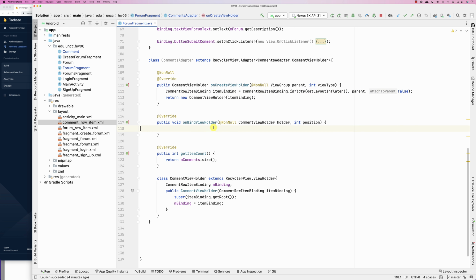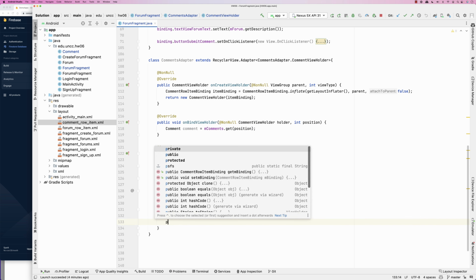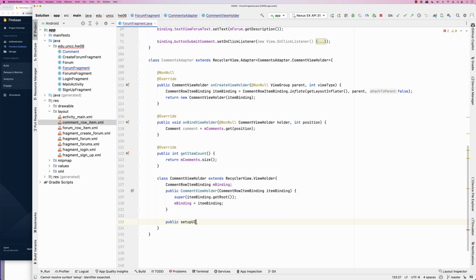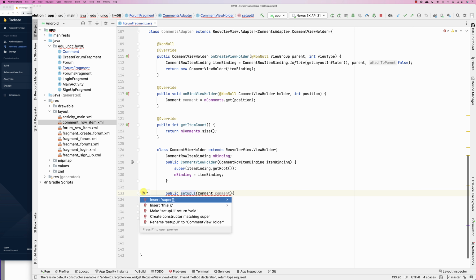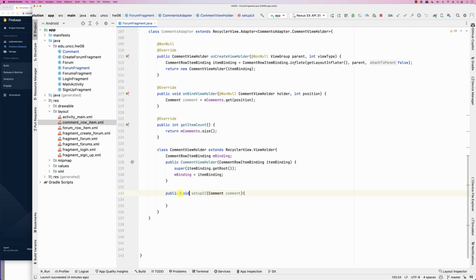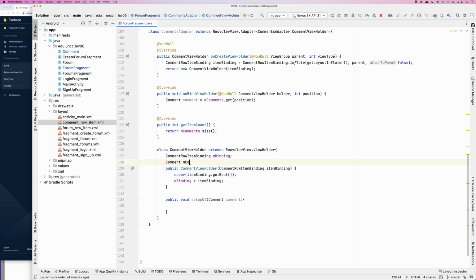So basically here, and then we can get the comment equals m comments dot get at position, and then we'll do the setup UI situation here, public setup UI comment, here it is. Why it's not happy, setup UI public void. Yes, it's going to return nothing, void. Okay, now we need a comment, so I'm gonna copy this, I'm gonna store it here, comment m comment, here it is, right? So basically we're going to say this dot m comment equal comment, here it is, and then this dot comment,